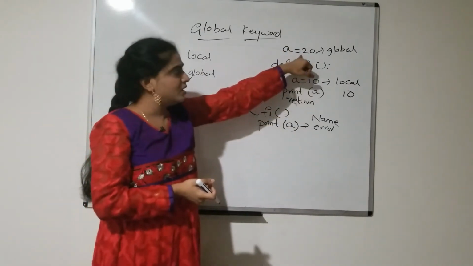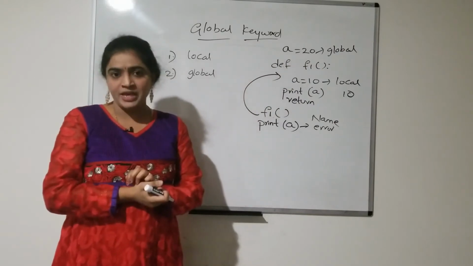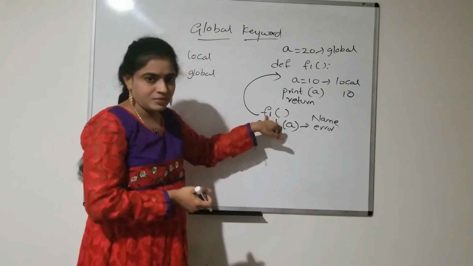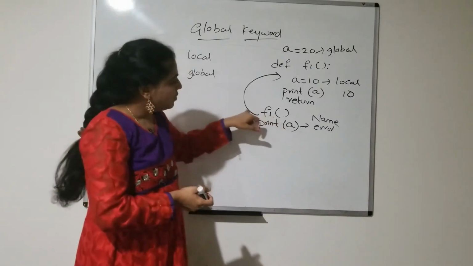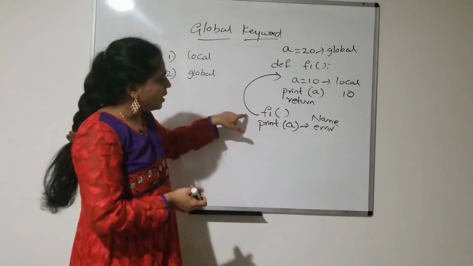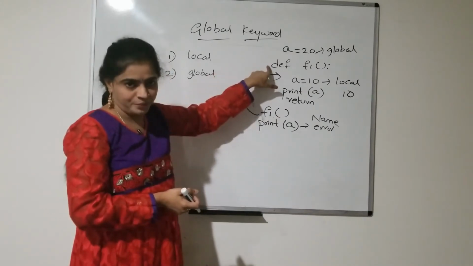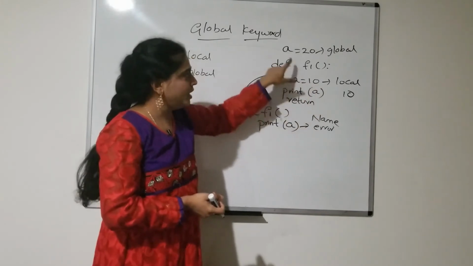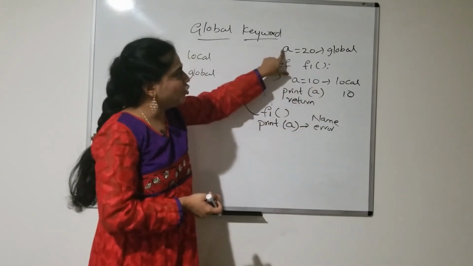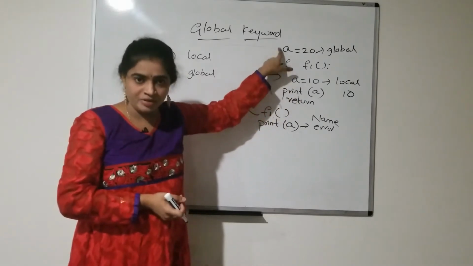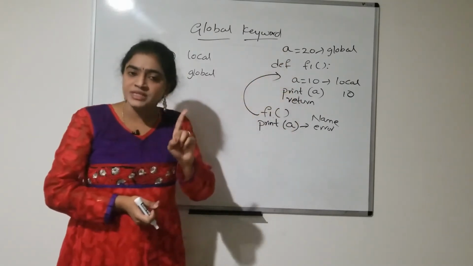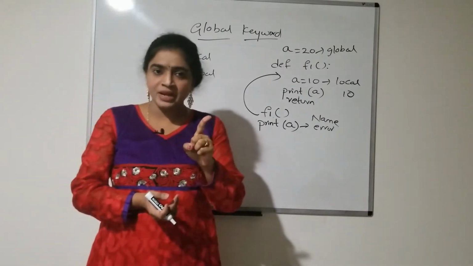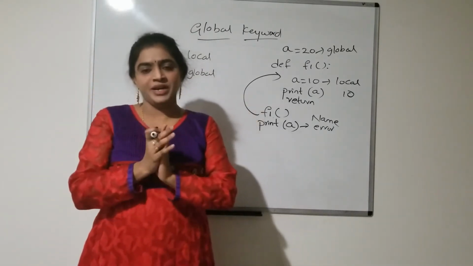20 is the object which is stored in variable A. A is said to be a reference variable. So, here F1 function, so function call. Once the function call is made, the cursor goes to the function definition. Here A equal to 10, print of A. Here I am using the same name for the local variable as well as the global variable. It is possible you can use the same variable for local as well as for global declaration.